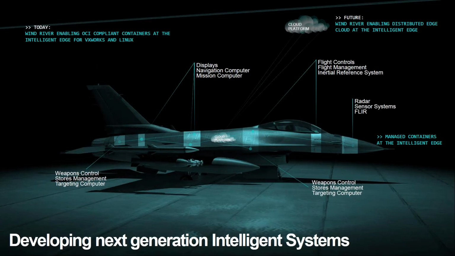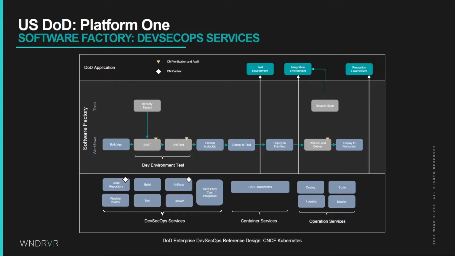So on the 6th slide, we can see the software factory concept that they're popularizing for DevSecOps. And they've really embraced this idea of being able to create a secure DevOps pipeline to produce the software that runs on a fighter jet. And this should look very familiar to anyone that's doing CI/CD, but what's novel about this approach is they're taking a security-first approach due to the sensitive nature of the software that they're building. And they also want to incorporate all of the vendors that feed into the ecosystem that sells into the Department of Defense. And so they're really trying to build an ecosystem of vendors and software that can be used on